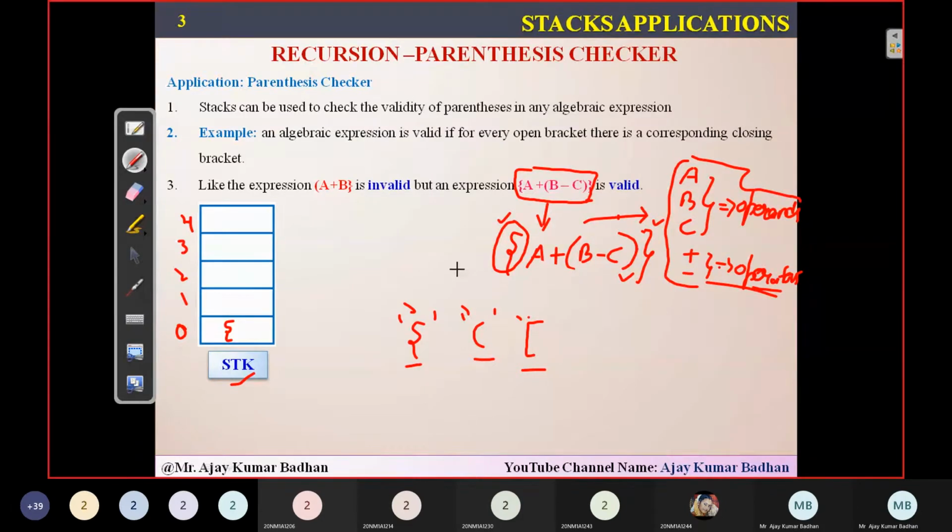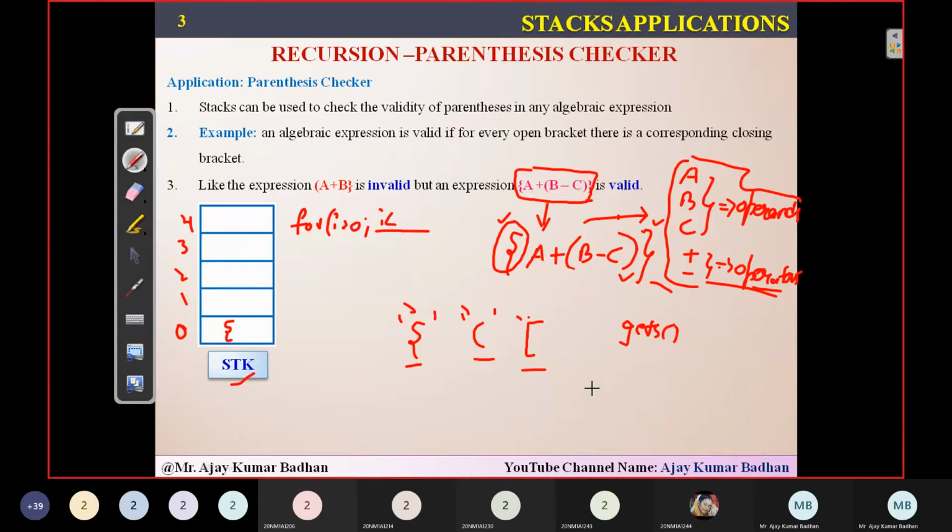Now the iteration is going on, remember. One by one, I'm doing the iteration. How do we do the iteration? You know that we can use a for loop. So for i equal to 0, then what about the condition here? i less than what? I have used the gets function, and using it I have taken the entire string. Now, how can I check how many elements are present in that?